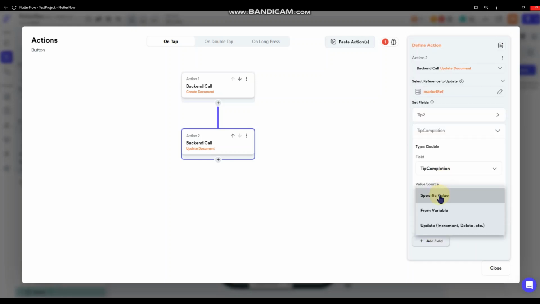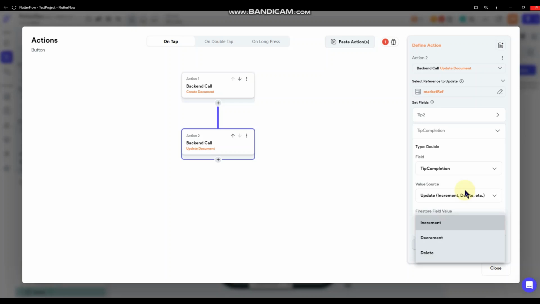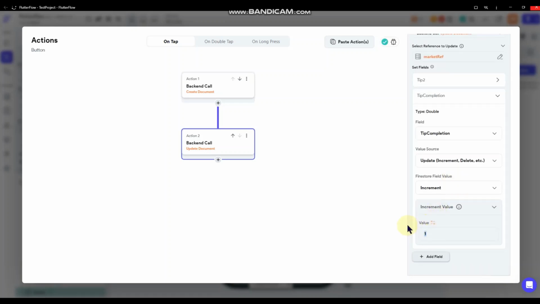And I'm just going to set, well, no, I do want to increment, just in case they work on these out of order. So I'm going to increment it by